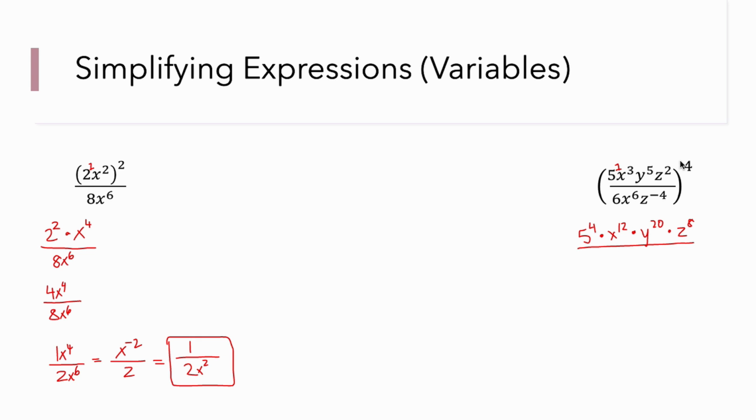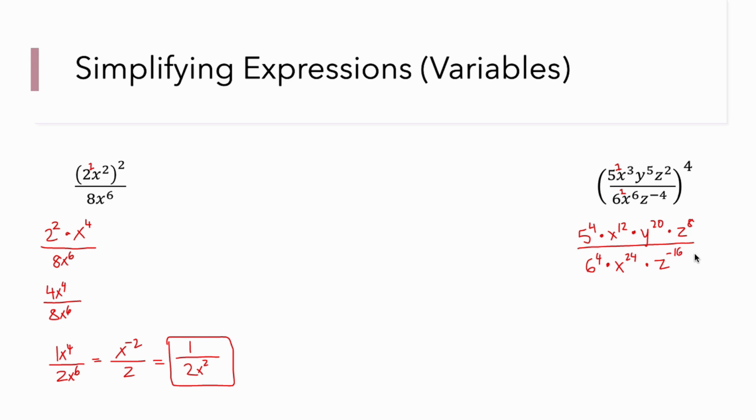And we get that over, again, since all of this is in parentheses, we have to distribute it to all the terms in this parentheses. So we get 6. 6 to the 1st is 6. 1 times 4 is equal to 4, so we get 6 to the 4th times x to the 6th. 6 times 4 is equal to 24, so x to the 24th. Z to the negative 4th. Negative 4 times 4. Yeah, don't worry about the negative exponent just yet. We need to distribute the power first. Negative 4 times 4 is equal to negative 16. So we get z to the power of negative 16.